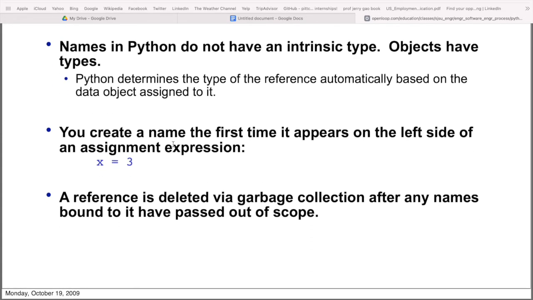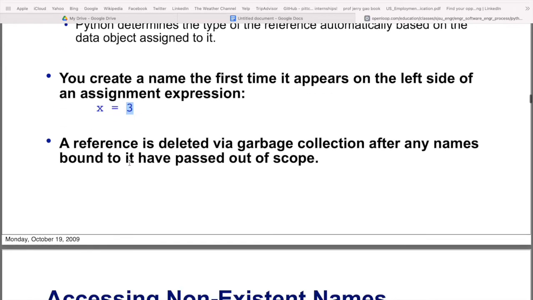Also you can create a name the first time it appears on the left side of the assignment. So say if we have x equals 3, we are assigning x the value 3. The reference is deleted by garbage collection after any name bound to it has passed out of scope. So if it's out of scope, it will be deleted by garbage collection.